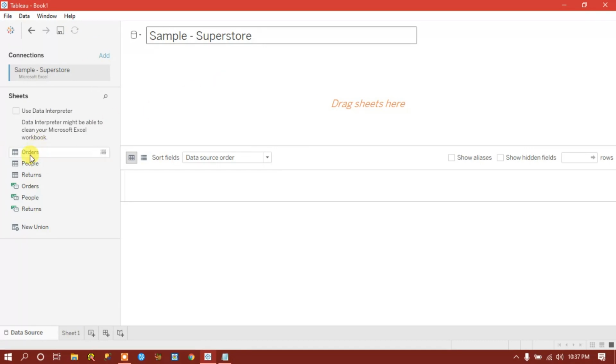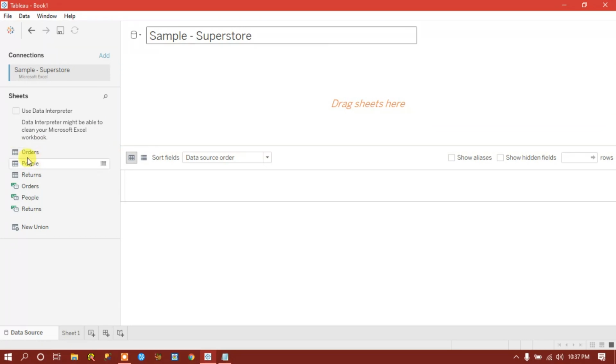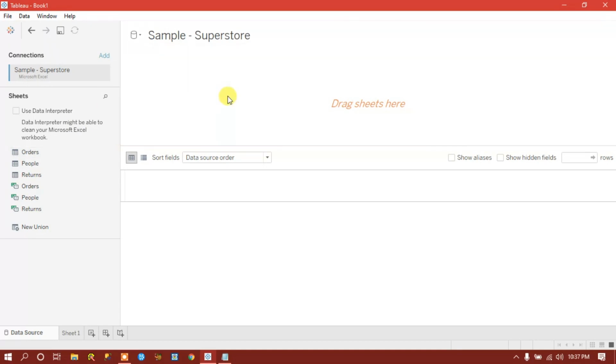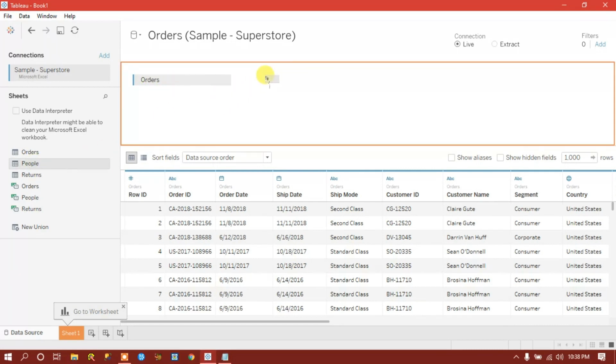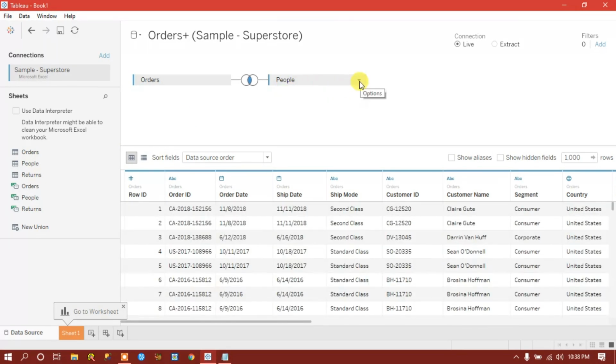If you want to view the data directly, you can drag the Orders sheet into this area. If you drag it over here, you will see the border of this area has been highlighted, and just release your mouse, you will get the data. And you will get the sheet name of the sheet which you have dragged. If you drag one more sheet, it will go to the right, look for the possible common column, and then perform a join. Simply, I don't want to keep it.